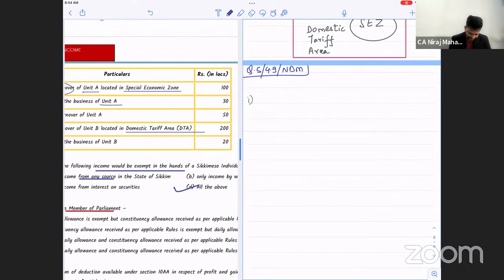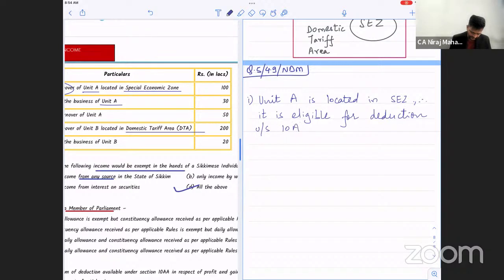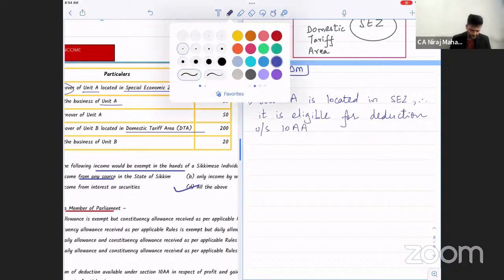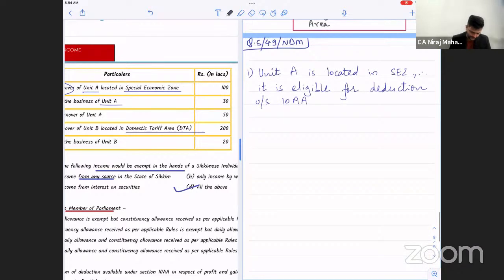Point number 1. Unit A is located in SEZ. Therefore, it is eligible for deduction under section 10AA. So next line, computation of